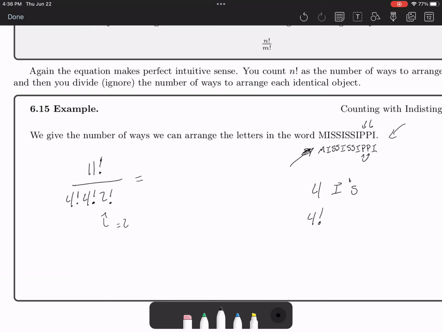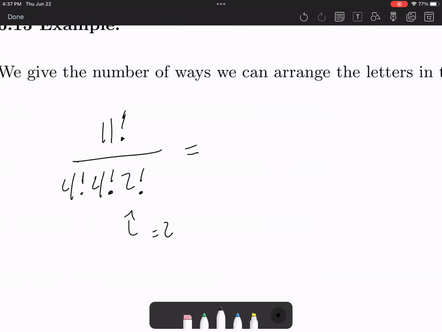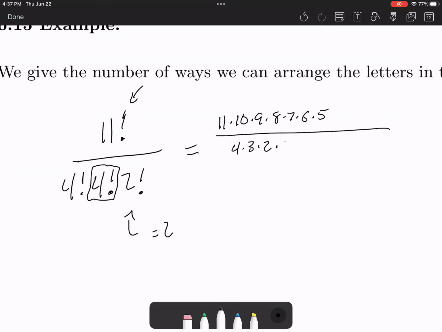Okay, when you go through this, let's work on some algebra. I know that inside of 11 factorial is a 4 factorial. So I can write this as 11 times 10, 9, 8, 7, 6, 5. And then the 4 factorial will be replaced. I have 4, 3, 2, 1 from that 4 factorial, and then a 2 factorial. Let's see, what can we do? We don't need to worry about multiplication by ones. That's the multiplicative identity. I can take that 4 from that 8, and I'm left with 11, 10, 9, 7,